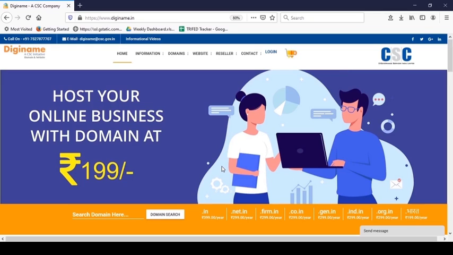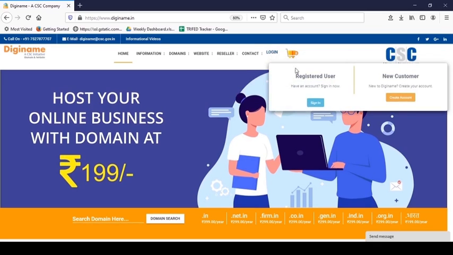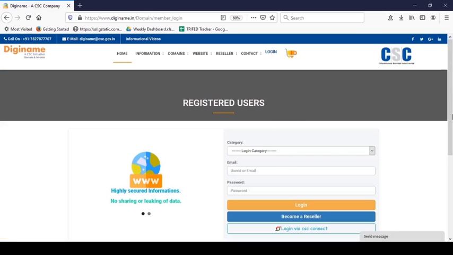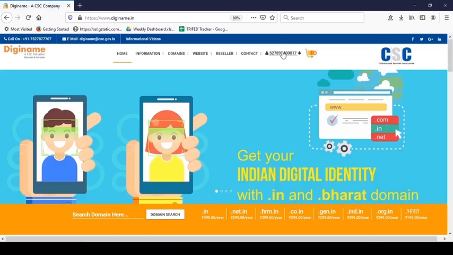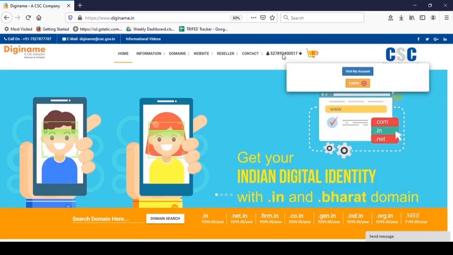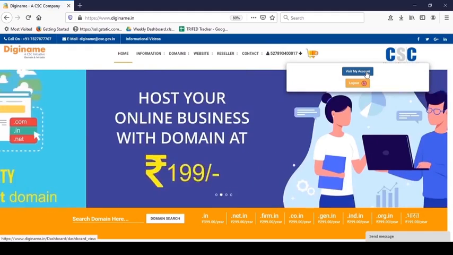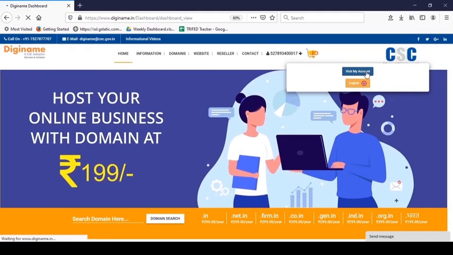After domain registration, you have to update the name servers. For that, first you have to log in to DigiName. For login, you have to log in as a registered user. VLE can log in via CSC Connect. After login, click on Visit My Account.